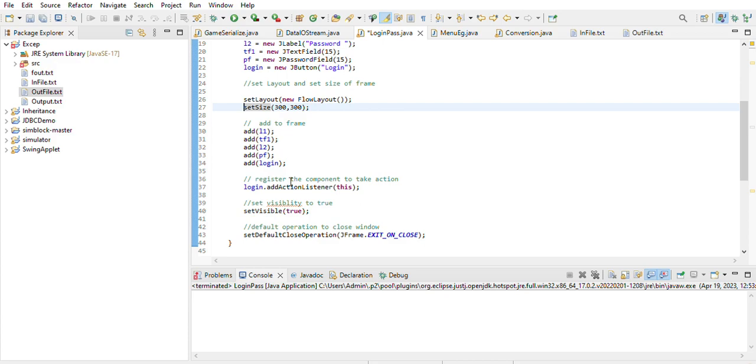So this is a registering of the component to take a particular action, or for event handling. And at the end, don't forget to set visibility as true. Once you click on the cross button of your window, you want to close it, and for that set default close operation must be set. Now what default operation you want, set default close operation on JFrame, the constant will be exit